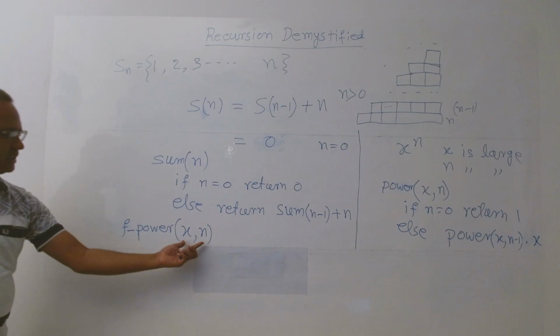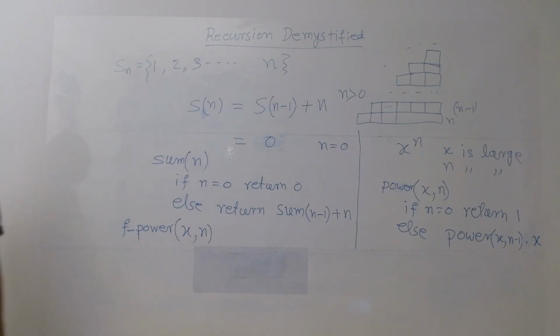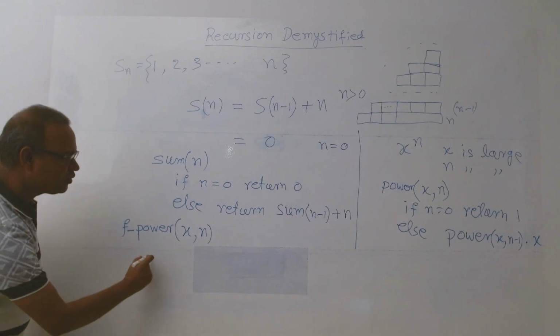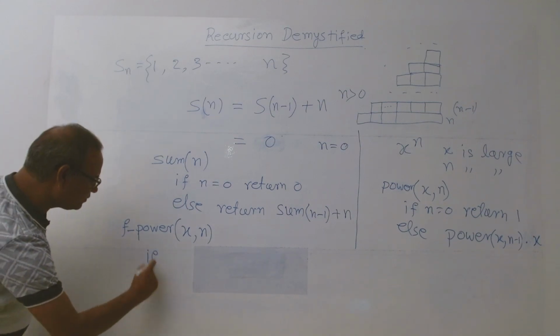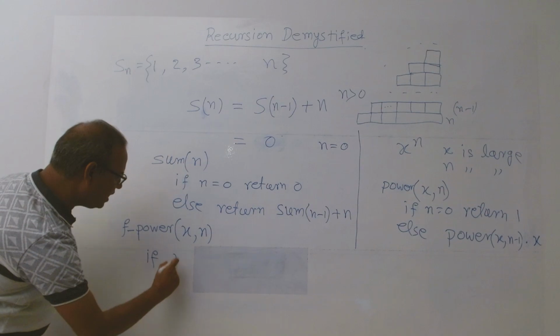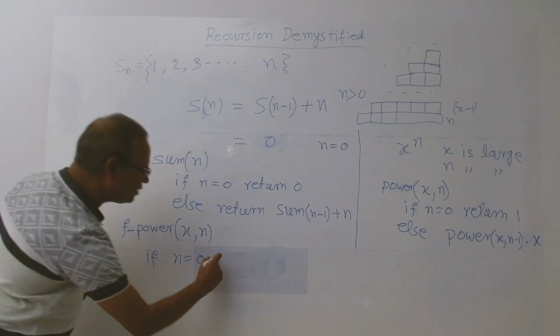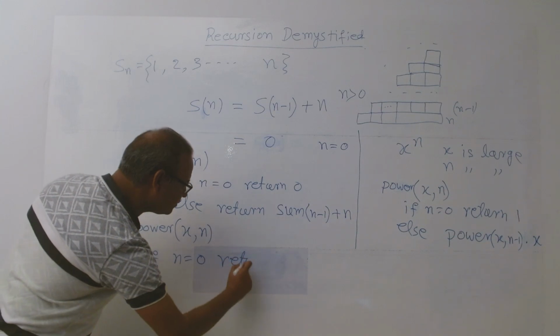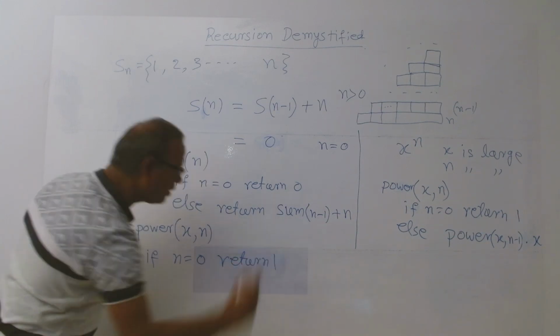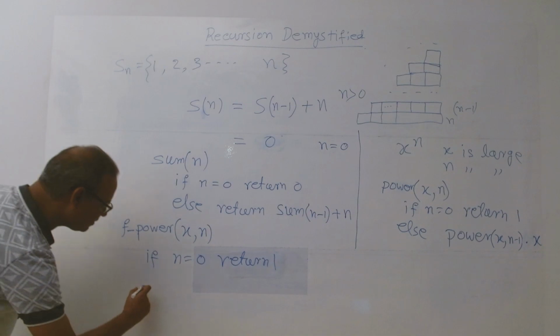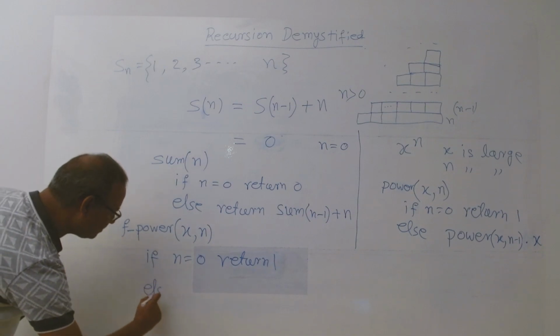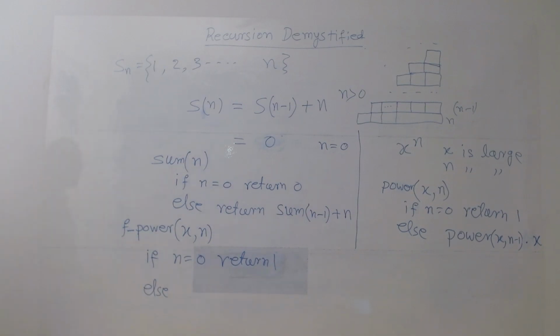So we are passing x and n. What will be the stopping condition? The stopping condition will remain the same. So we will write if n equal to 0, then we will return 1,